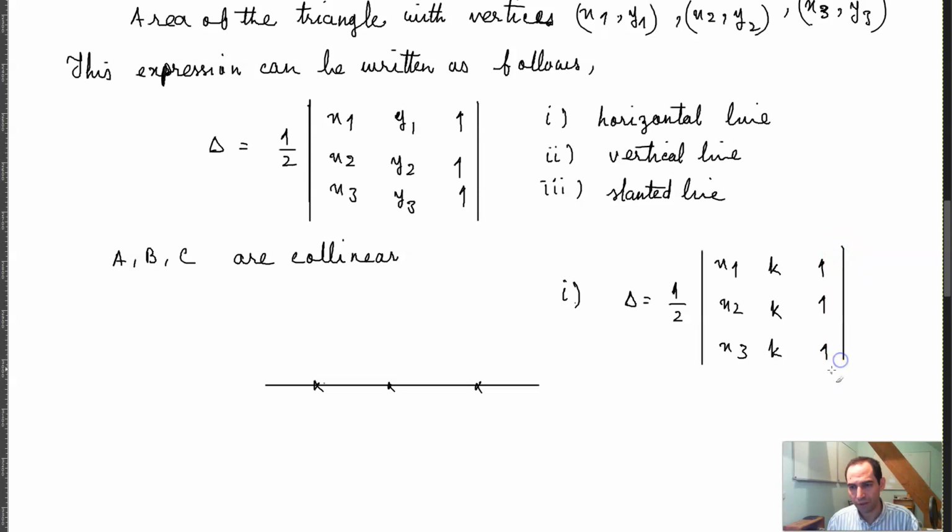You can see that column 2 and column 3 of this determinant are in the same ratio of k to 1, and therefore, based on the properties of the determinants, we said that if